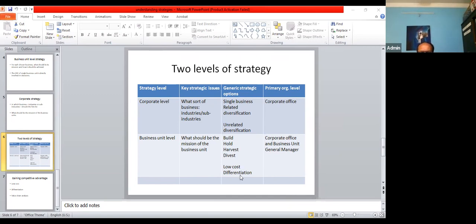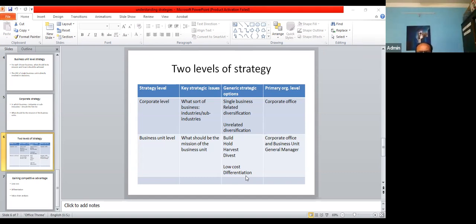Then low cost and differentiation. Whenever you define your strategy, it should attract low cost. If your strategy is expensive, then unnecessarily it will be a burden to the company. So there should be low cost with the strategy. Differentiation means you have to have a unique strategy for your company. It should not be the same as what your competitors have. If you follow the same strategy, there will be no difference between yourself and your competitor. That is why there should be differentiation. कुछ हटके करना है आपको. It should be like that. हटके, unique,